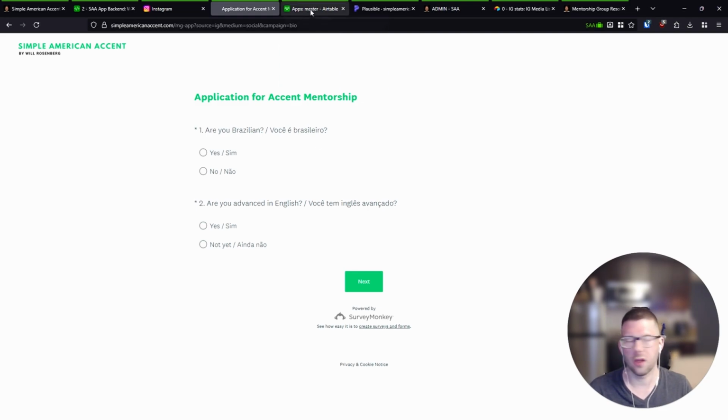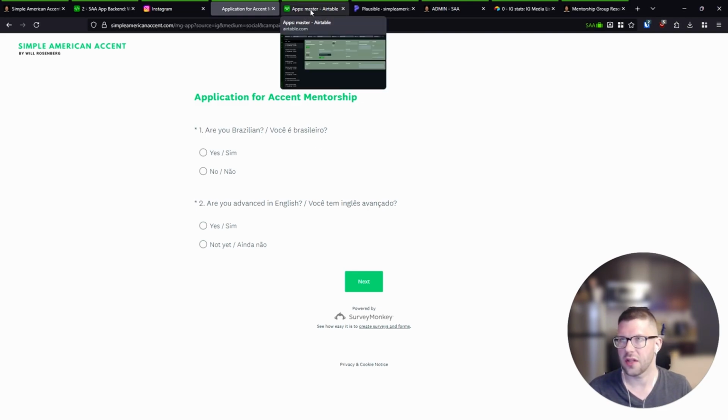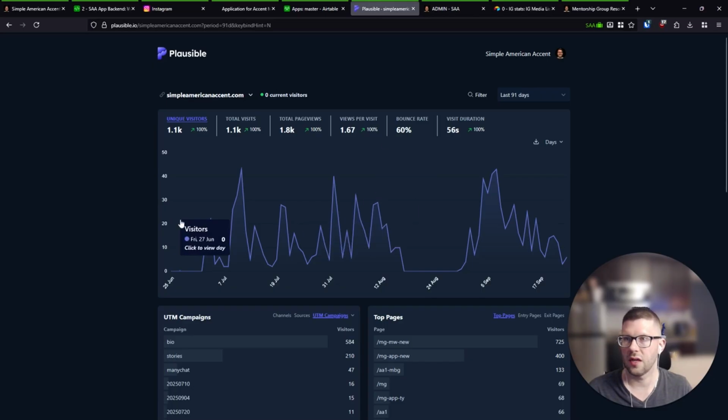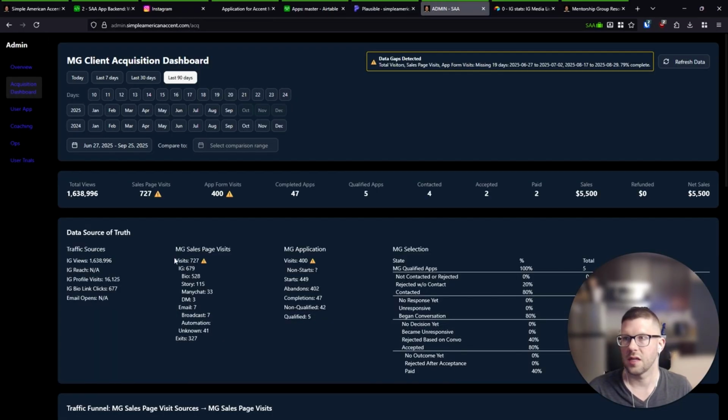Used to be WhatsApp as well, but I got nervous about some automation there, and I now just do manual follow-up with better qualified prospects. And then on the back end, this also comes into Airtable, so I can see who's qualified and follow up in a semi-automated way with pre-filled WhatsApp prompts. I can see traffic data and how deep they go in the funnel via Plausible, as well as my custom admin,